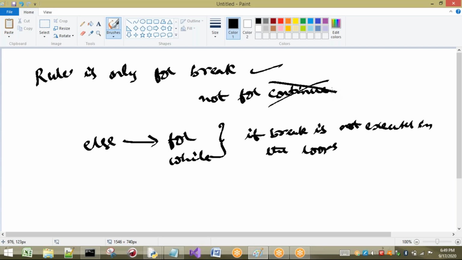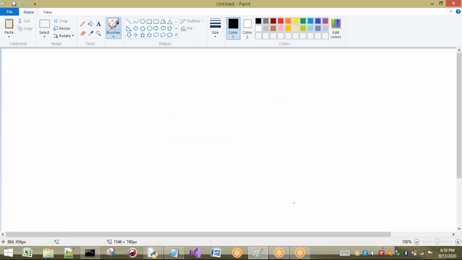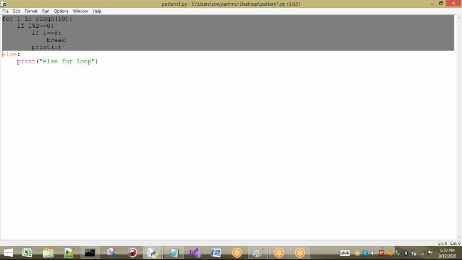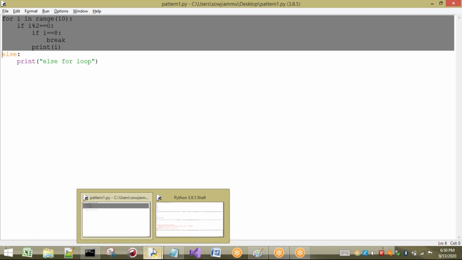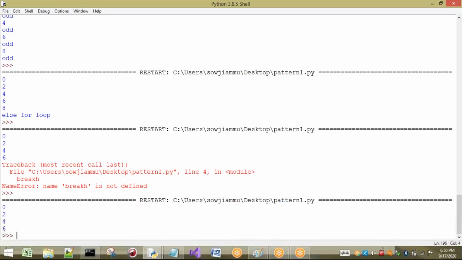This is applicable only for break. Now one more statement I want to discuss, that is del. Very important. Now see, the del statement or del keyword. So del is nothing but delete. First I am going to show you what is the need of deleting. If I don't require that one, I have to delete that one.